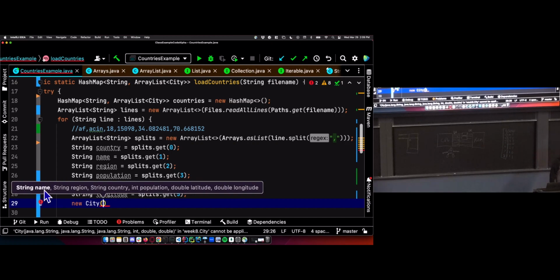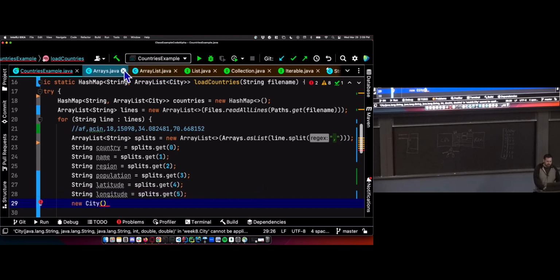This is a common thing that I see whenever we're reading files like this in office hours. It's a common question, not really a question, but a common, why doesn't this work? And then that happens to be the answer. And then the student always feels bad after that one. Oh man, it was just the order of things. But the order that I'm reading from the file is not the same order as the constructor. So I'm going to make sure that the order matches, especially in a case like this where I have 3